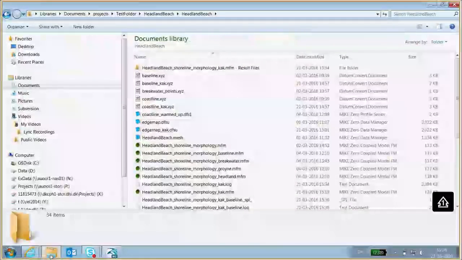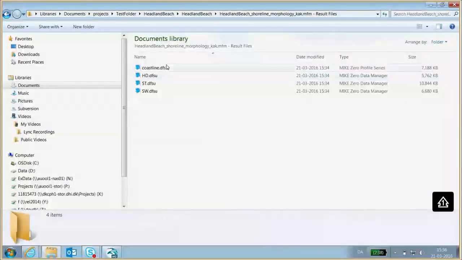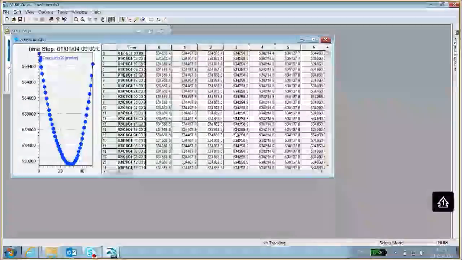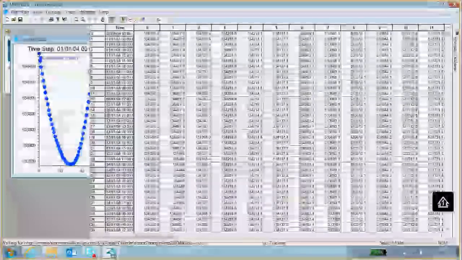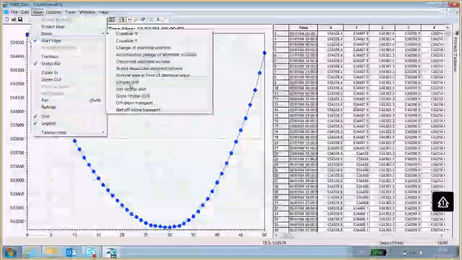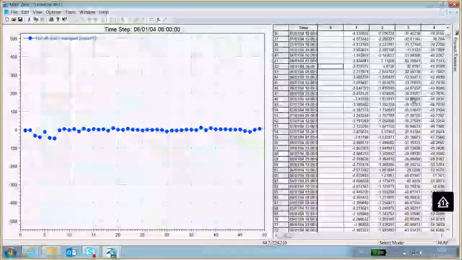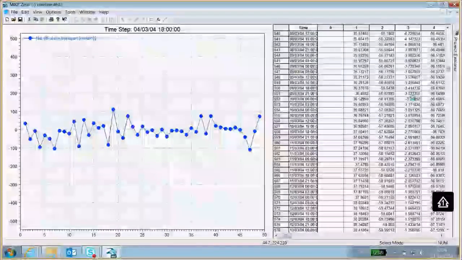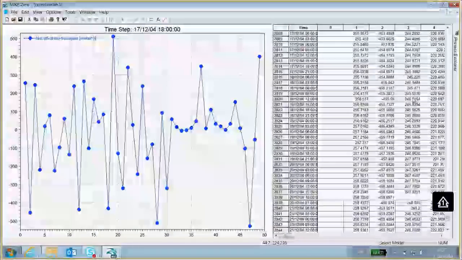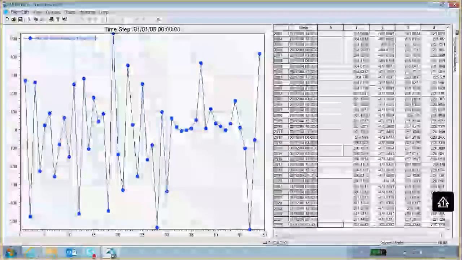But now while that is running, we can have one more look at some of those other results from our warm-up run. I think it's interesting to check this net offshore transport to see what we end at, and in the present case we end at plus minus 500 cubic meters.